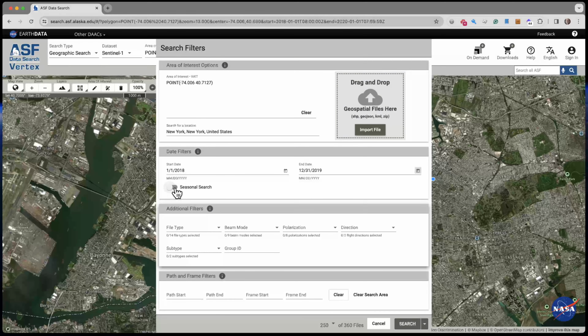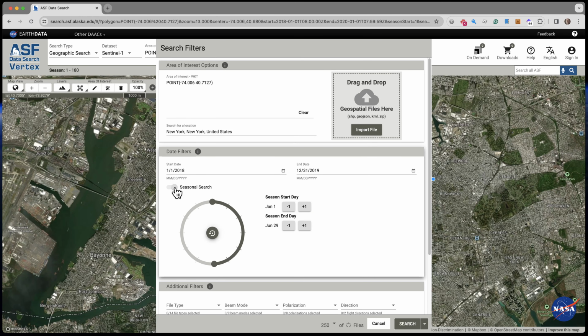And you have the ability to say you want to do a seasonal search. Now, if you click that, we're going to open up a tool that will allow you to select a season. But regardless of the season you select, it is going to be constrained by the start and the end date that you select up here. So make sure that your start and your end date cover the entire range that you're interested in. And then within that range, maybe you're only interested in something that happens, say, June, and you can get June and use these buttons to fine-tune your selection. And say you want to go through about September, the end of August. So there you go. So you want to search those 2 months.